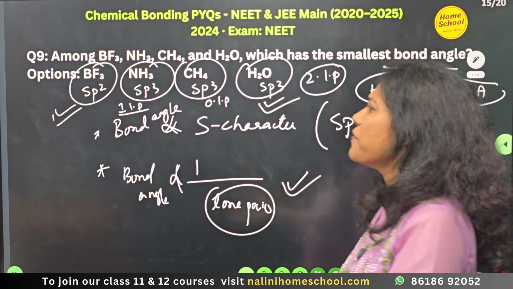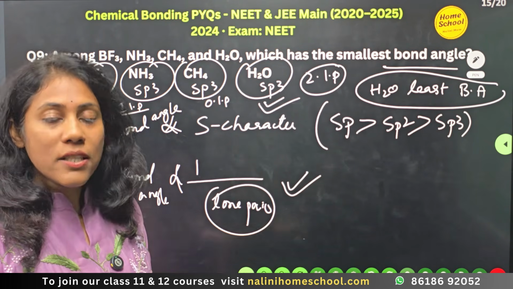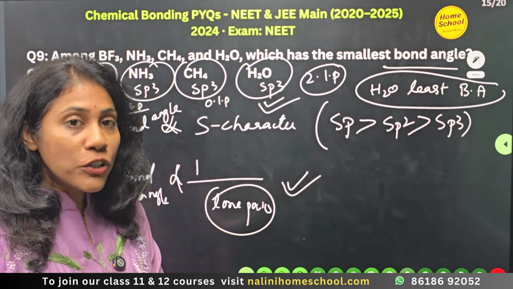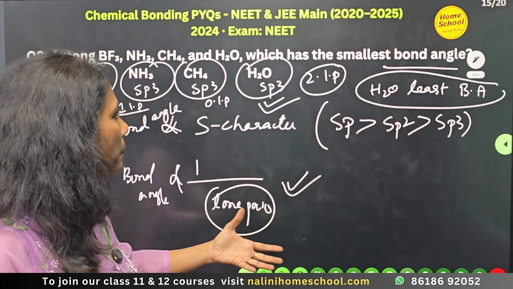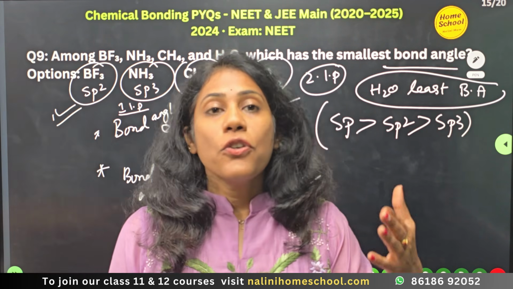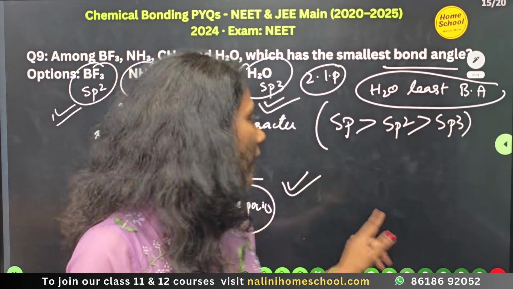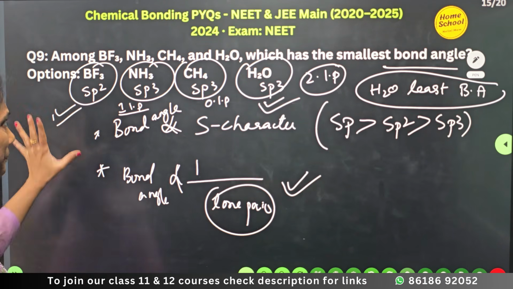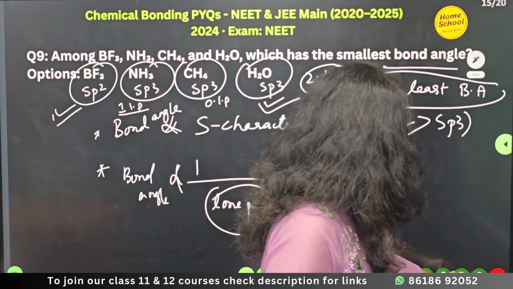Okay, so many such questions I have solved in my concept videos and in the trick videos. So you can look for the courses, or I think I have a video on YouTube which I have given for free also, the trick on bond angle. So I'll share the link in the comment section. Please watch that video. You will understand this trick. Okay, so this is a very common model that can be asked on chemical bonding.